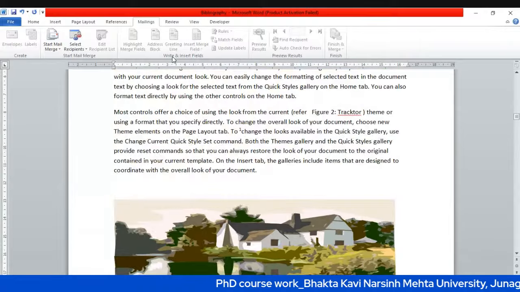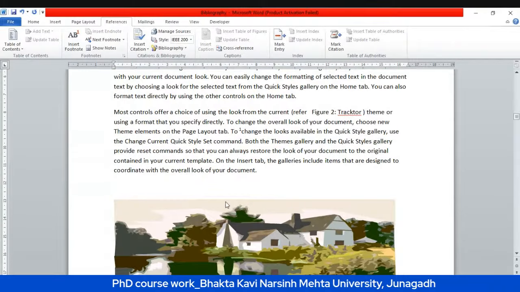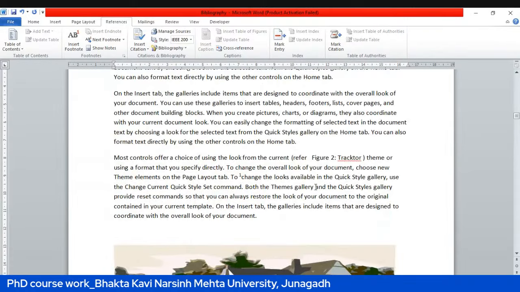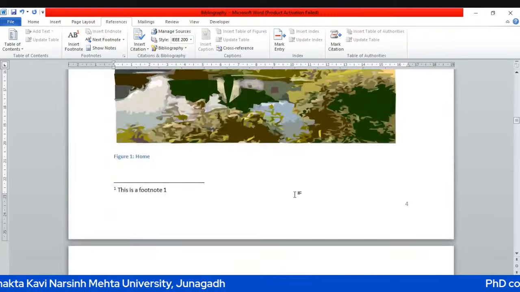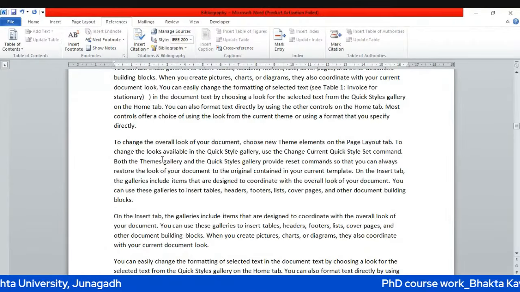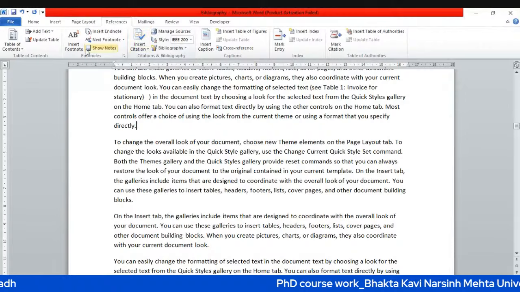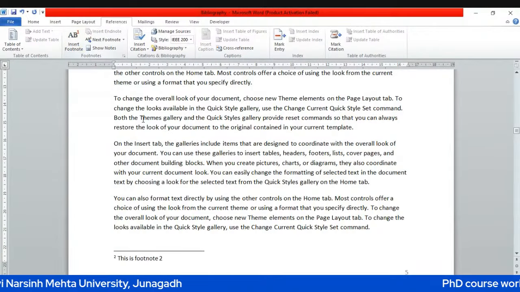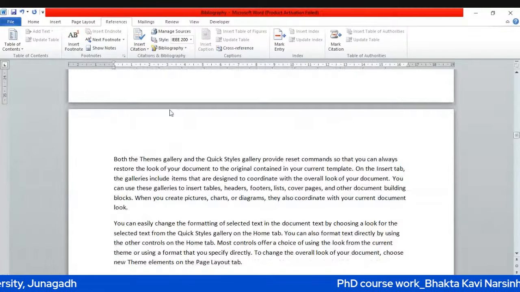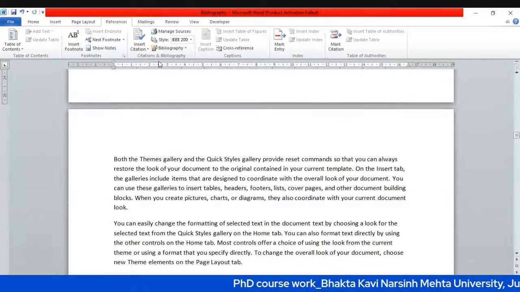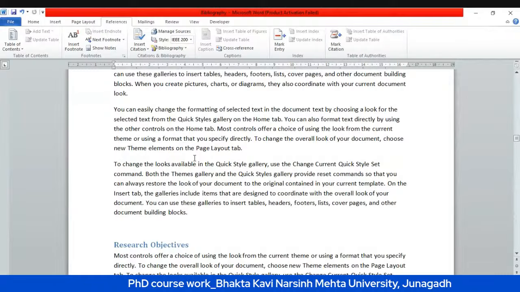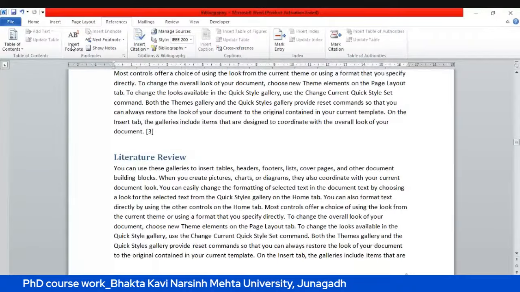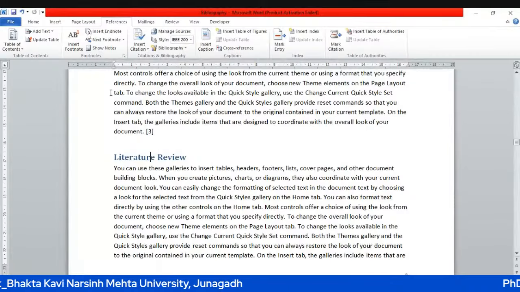Okay. Now once again I come to references. Let's say where I have added, okay, I don't remember. Let's say on this page, directly, let me add insert footnote. So again I write this is footnote 2 or any meaningful thing. I just give you an idea. Let me add one endnote. So again I come here, click anywhere and click insert endnote and type